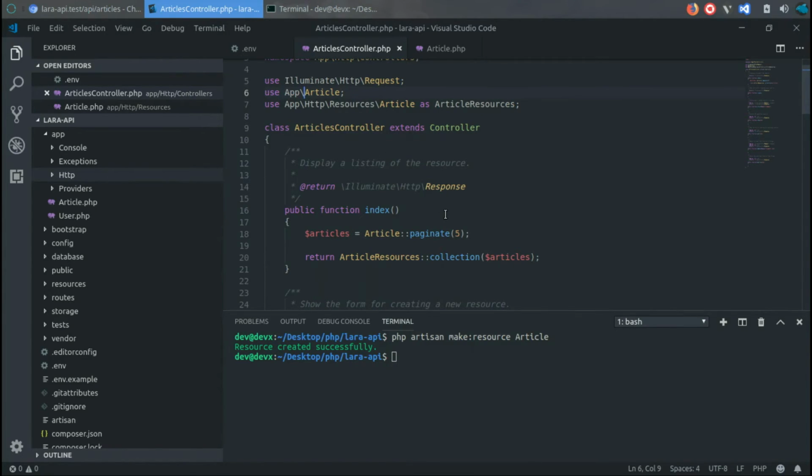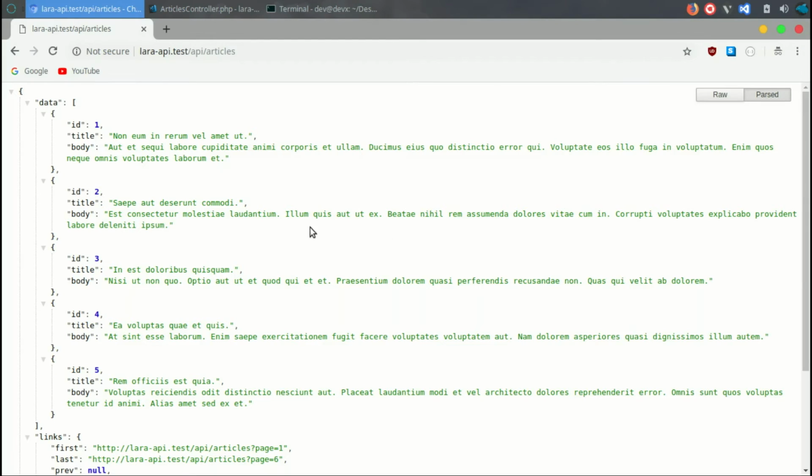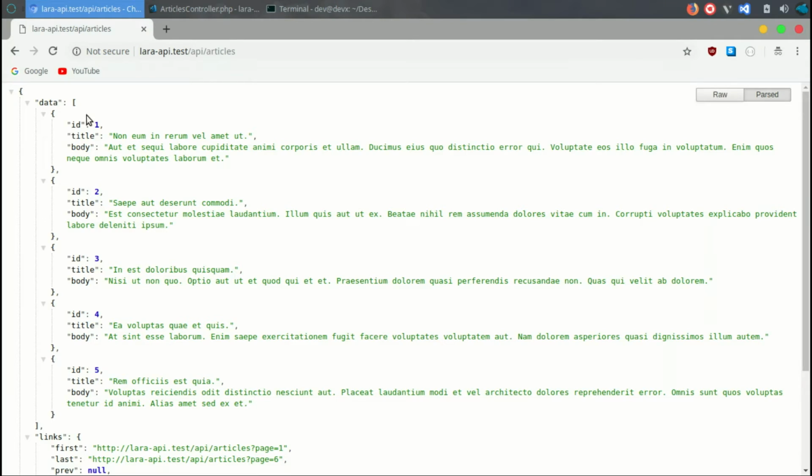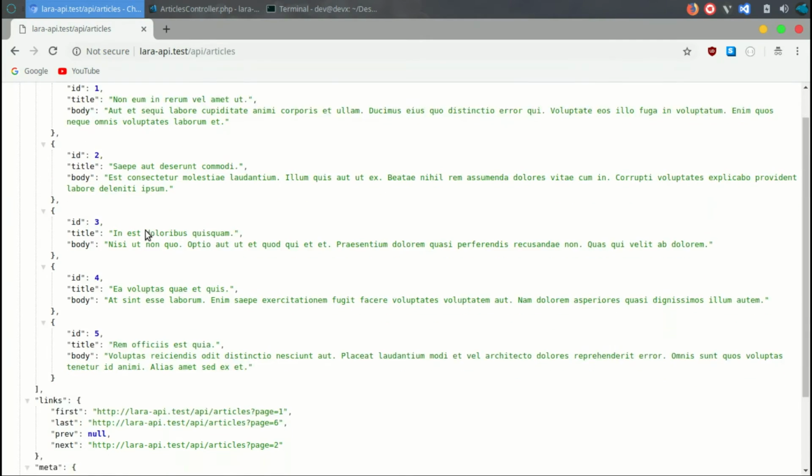Okay, like I said, it's going to be a wrapper for your response, and it's going to respond with all your data in a very nicely formatted way. What we have here is that because we specified we need 5 per page, we need 5 articles per page, and then as well